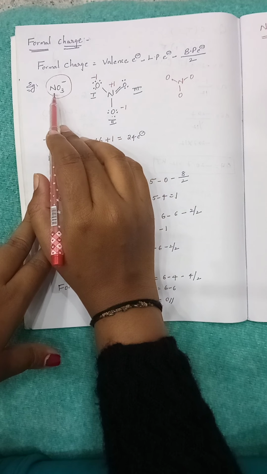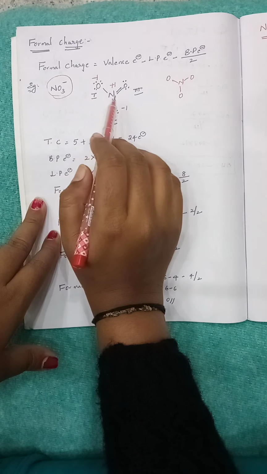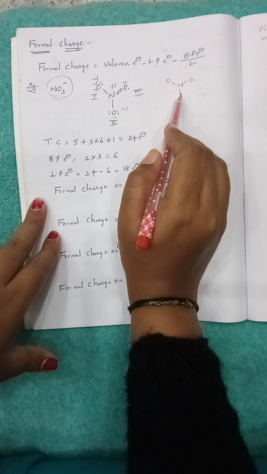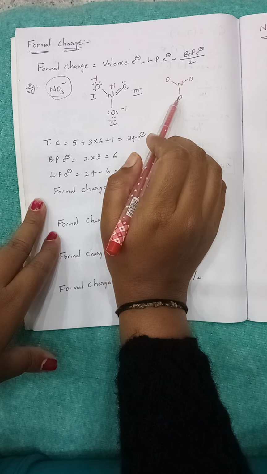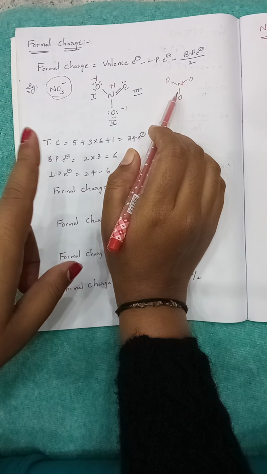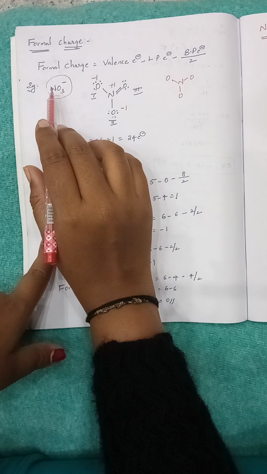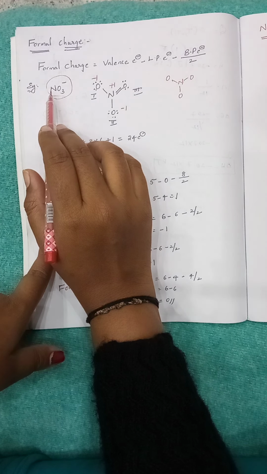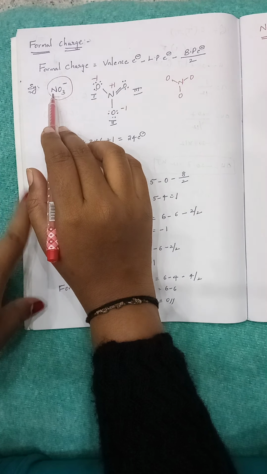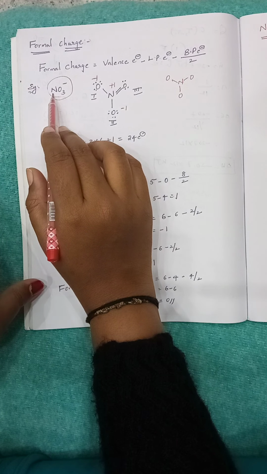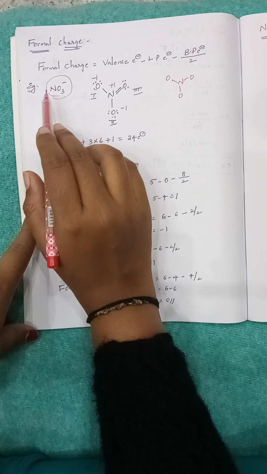Now, whatever the molecule is given, first write a Lewis dot structure. To write this Lewis dot structure, first we have to write a rough structure. The rough structure can be written by giving a single bond between all the atoms present in that molecule. First we have to select a central atom. The atom which is in less number, or of large atomic size, or which has more electronegativity, has to be considered as the central atom.